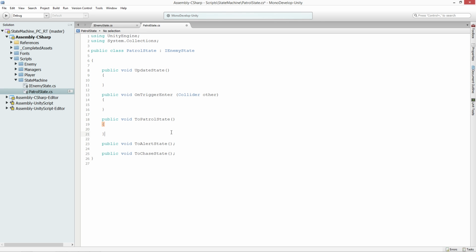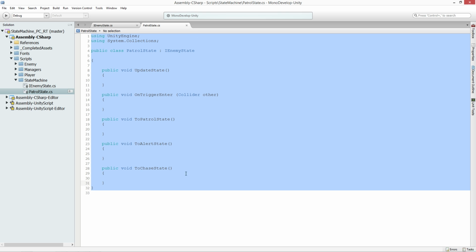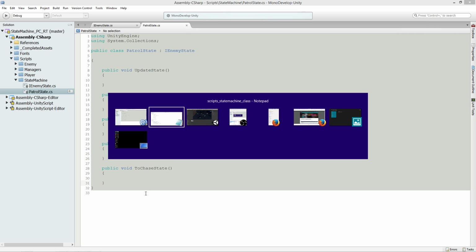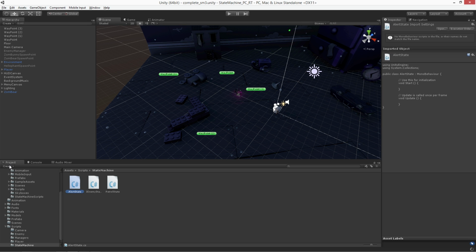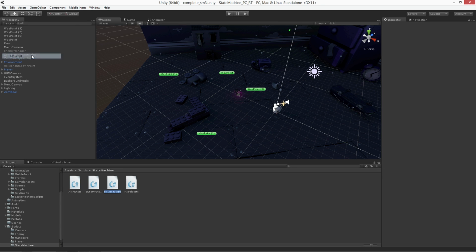Okay, so now this is going to be compatible with our interface, right? This now implements that interface. And so what I'm going to do is copy this whole thing, select all, copy, and make my other states, since they're all going to start out just like this as well. This is a little different from the way I usually do things, where I take one script and go all the way through, but you'll see it's going to make sense and go faster this way. So I'm going to make alert state and